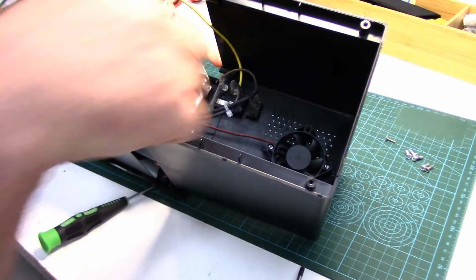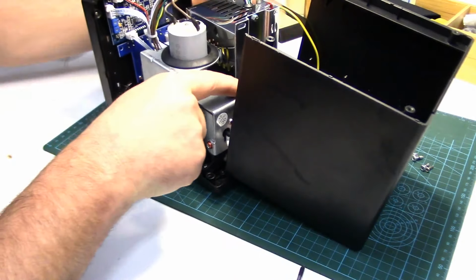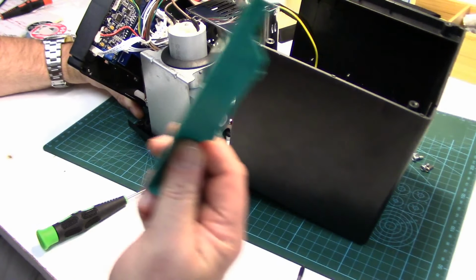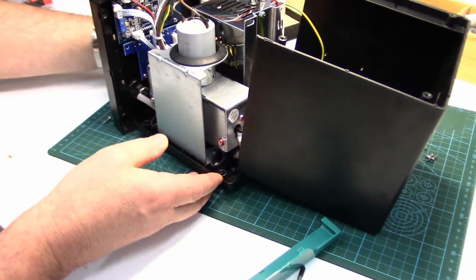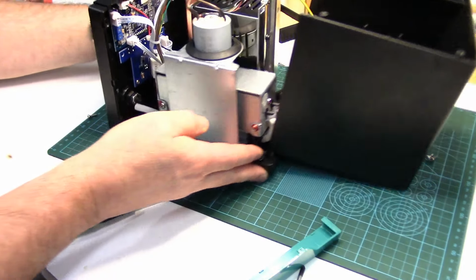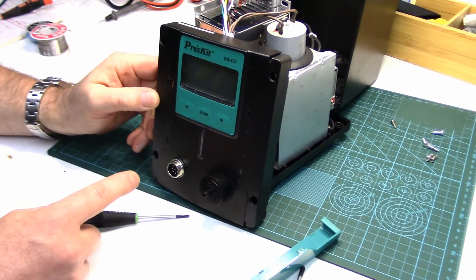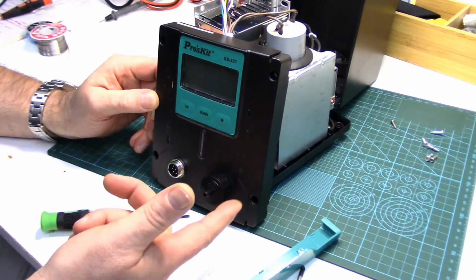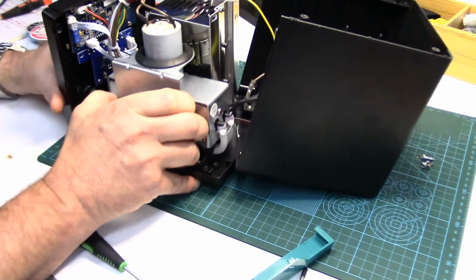As you can see, there's our power switch. So if you did want to move it to the front, you'd have to bring it through one of these panels, because there is room. Ooh, you could probably put it here. Might go there, or you could put it on the side. Of course, you could use a smaller toggle switch or something, but if you wanted to mod it to put your power switch on the front,